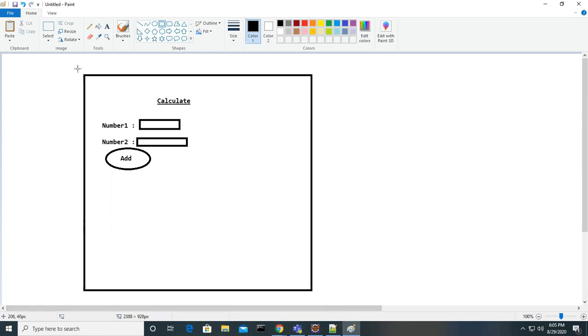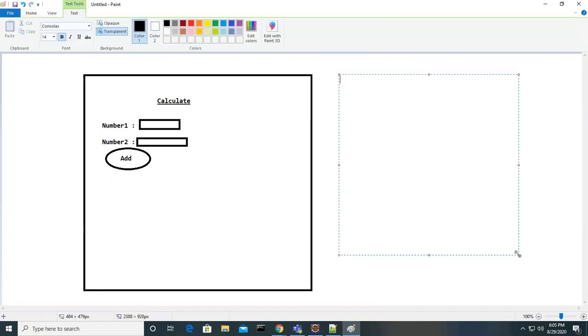So first what I have to do is form design. I have to prepare one resource. For what purpose? To display the screen, whatever you see here. So create the input form using HTML language.